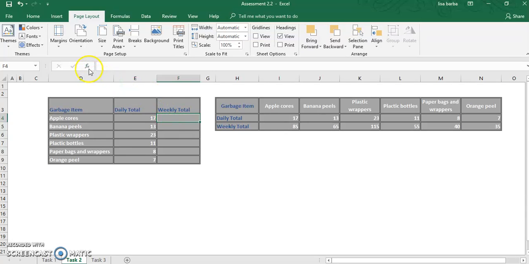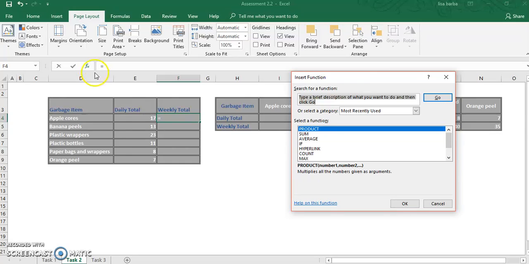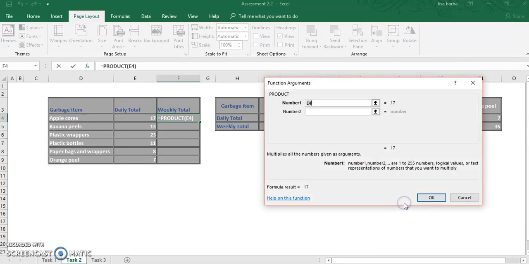So here I just click on the formula. It asks me what I want to do. So I want to multiply. So I just type that in and press go. It'll show me different ways to do it. I want product, the product of. So I click on that. It's giving me the cell that I was in, so 4F. So 4E,